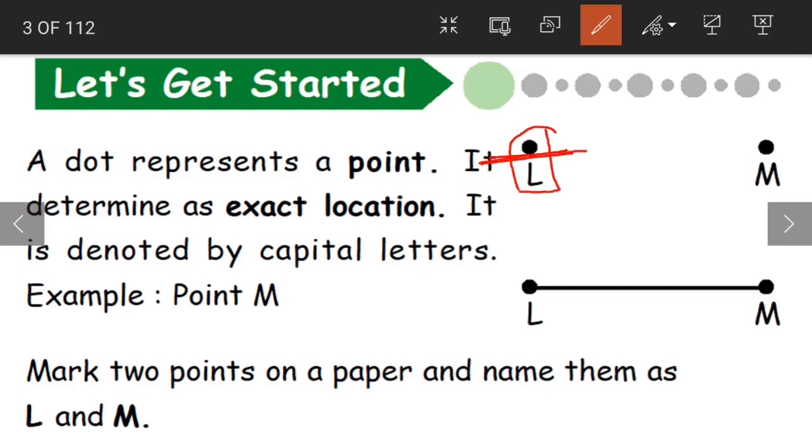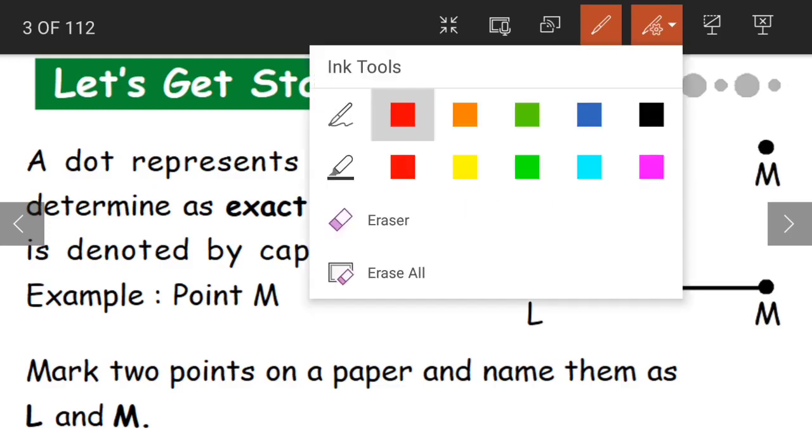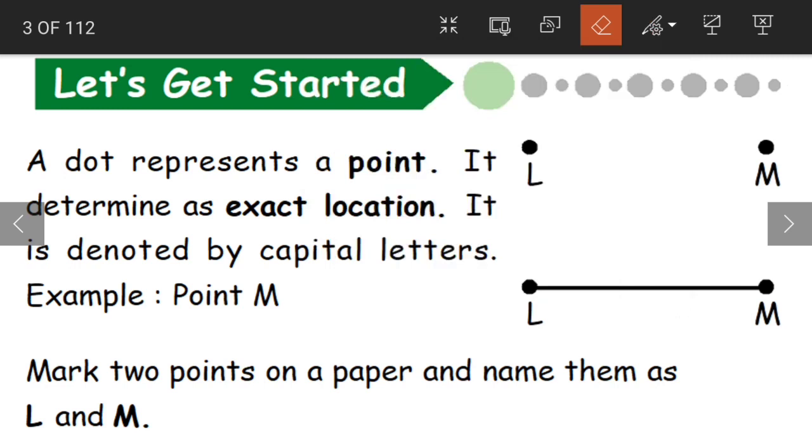See, exactly this. Even when you want to show something on a piece of paper, suppose you are looking at a slide here on this screen, and you want to show someone an exact location or a particular word, for example capital. What you'll do, you'll point here. By pointing, what do we mean? We mean that we are showing an exact location. So in the same way, this point here represents an exact location. What does a point determine children? It determines exact location and it is denoted by capital letters.